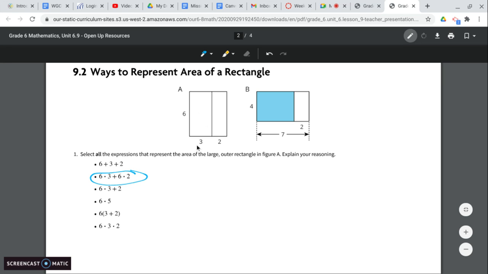Now, another option would be to find what this side here is. 3 plus 2 is 5, so we just do 6 times 5. There's another option. The next option, we can take 6 times the sum of this side, so 3 plus 2. So this one right here. So different ways to find that area. So these are kind of working us into what the distributive property is and showing us how that works. So the next one,